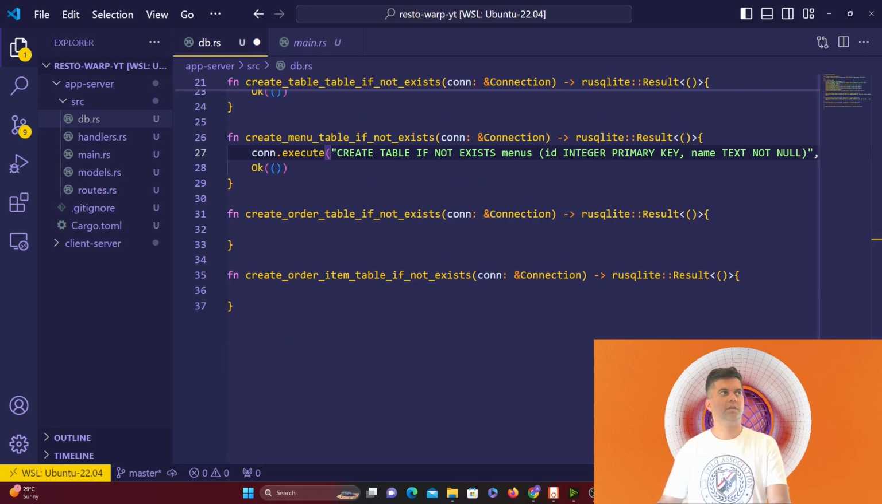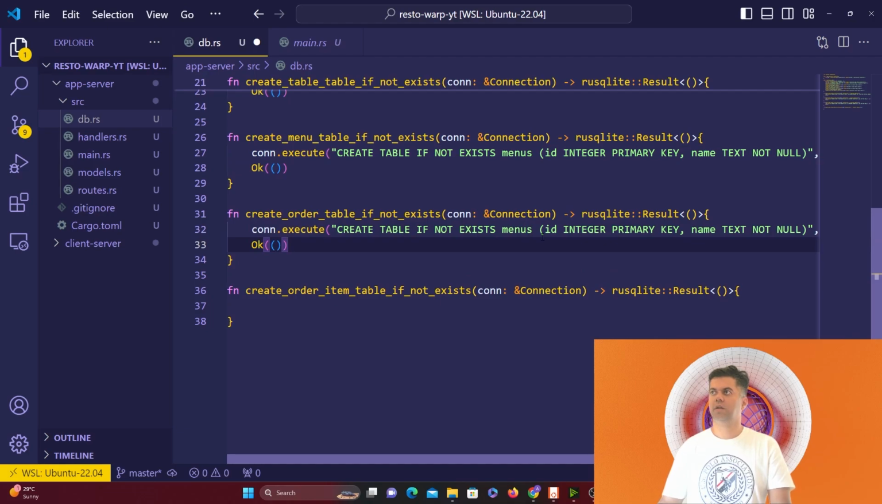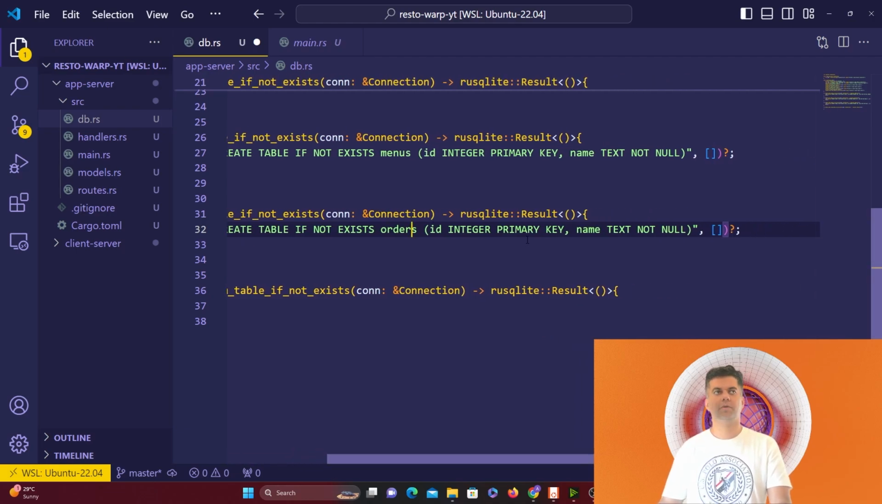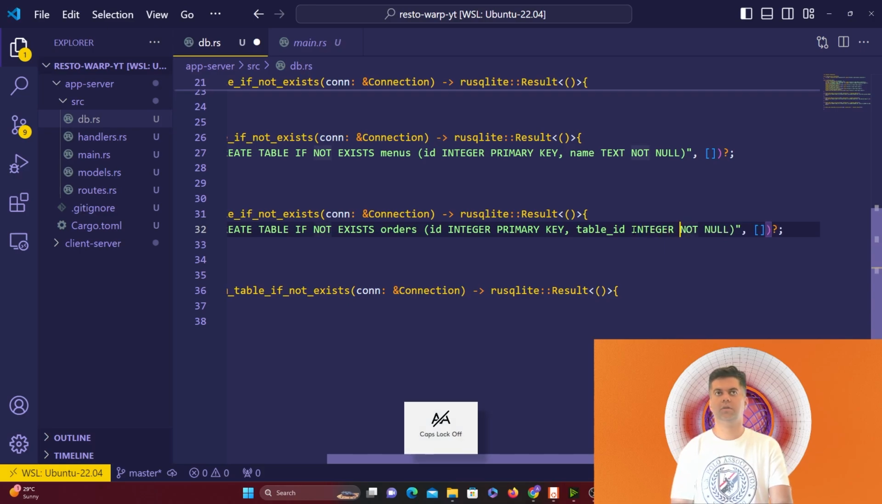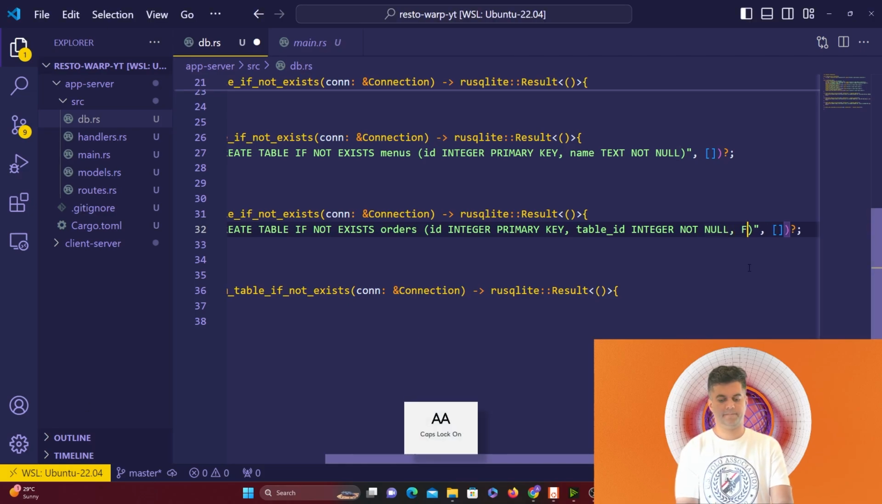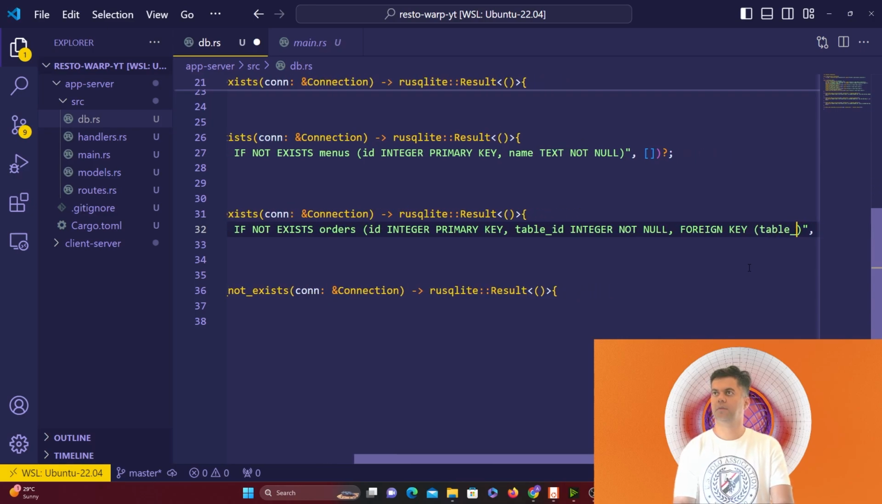Then you have the create order table if not exists. So I'll have the same 2 lines going here as well. So create table if not exists, instead of menus, it'll be orders. And in the fields, I'll have the ID integer primary key. I'll have then the table ID, which is integer, not null. And I'll have the foreign key,